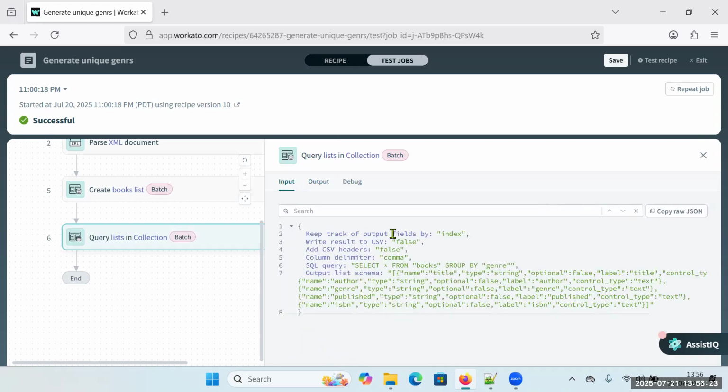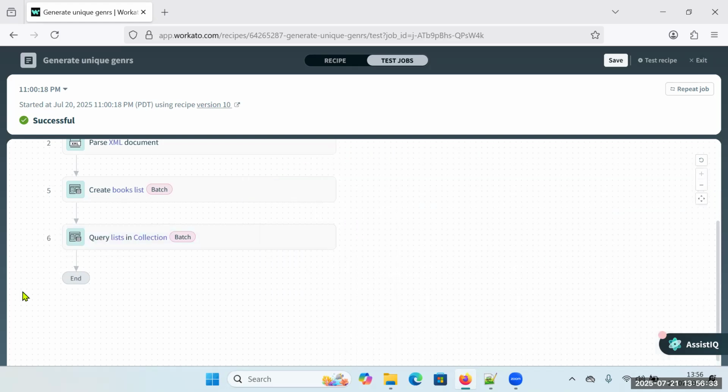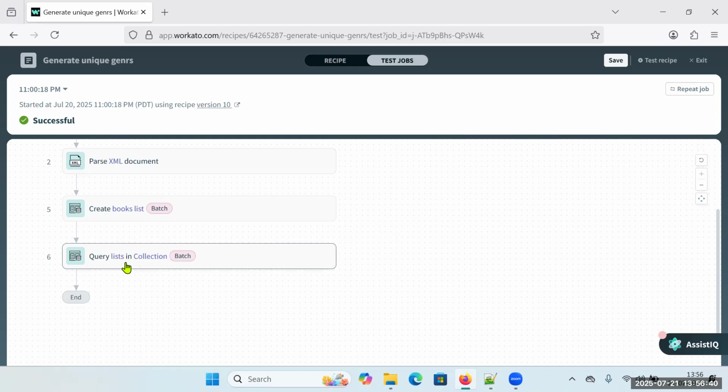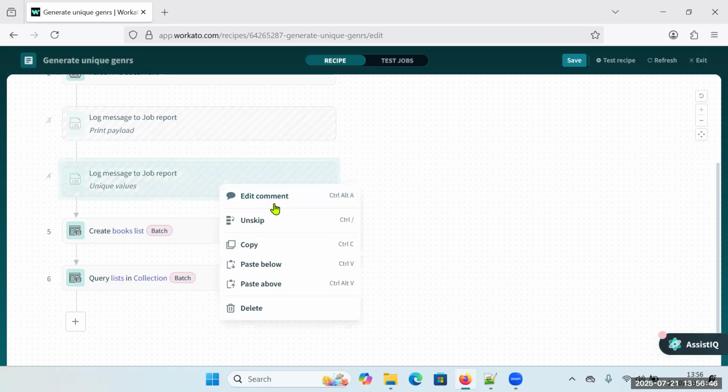So like this, you can use the query, you can write SQL transformations, and then you can do the filtering, whatever you want. So this is another way of doing the filtering. Or else you can use the looping concept, and also you can try to create how you can use the things. So now one last thing, in case you want to,